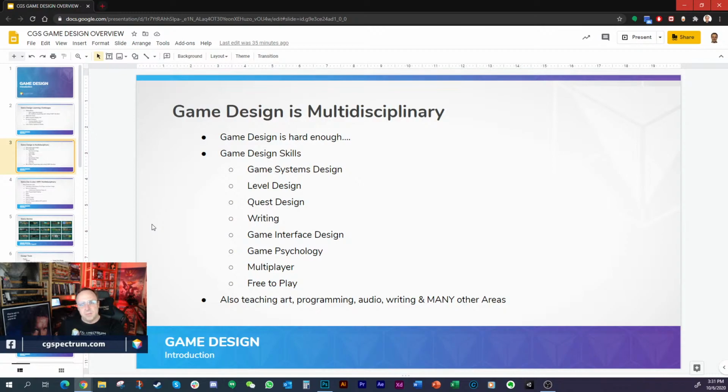And so it truly is impossible for one person to know everything, right? That's why, when I teach game design, I focus on game design, and I don't have all this other stuff in there. And I find that a lot of schools do. That was one of my frustrations: after looking at so many resumes and so many people failing over and over and over again, I felt like I needed to do something about it to try to help people